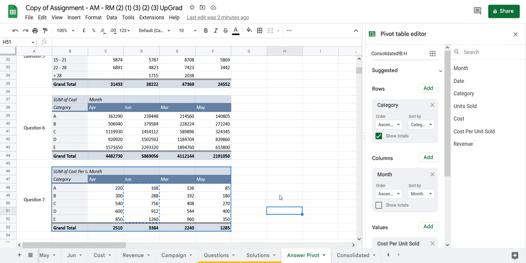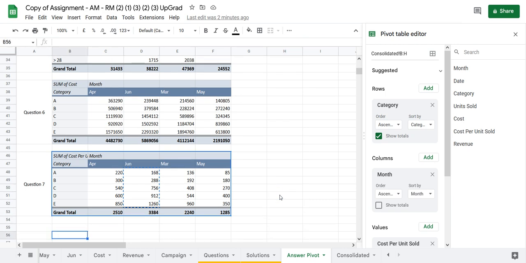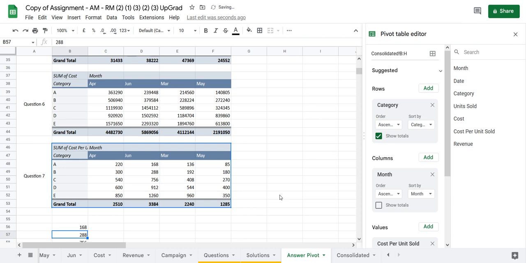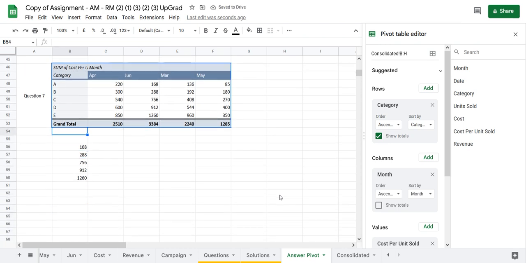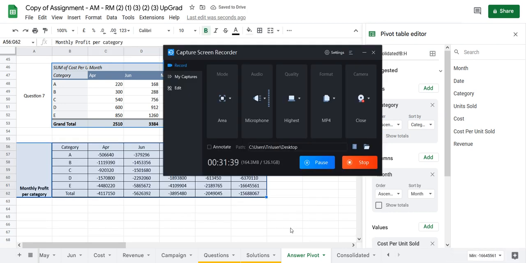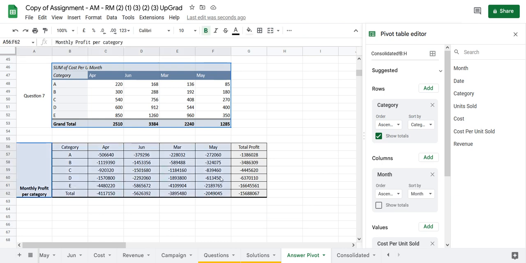So for solving this particular question, question number 8, what I have done here, I'll just calculate the max profit, sorry. So how I'll calculate the profit? The profit will be revenue minus cost. Okay, so that will be the profit. I'll just bring the table here. Okay, so this is the monthly profit per category. So how I have calculated? Basically monthly profit will be,